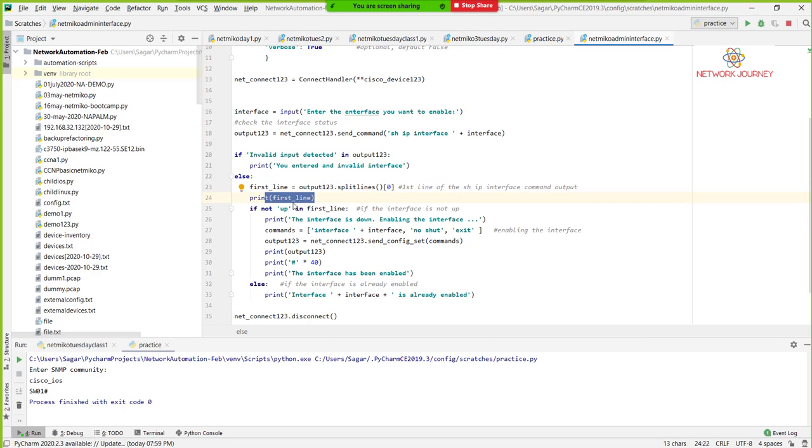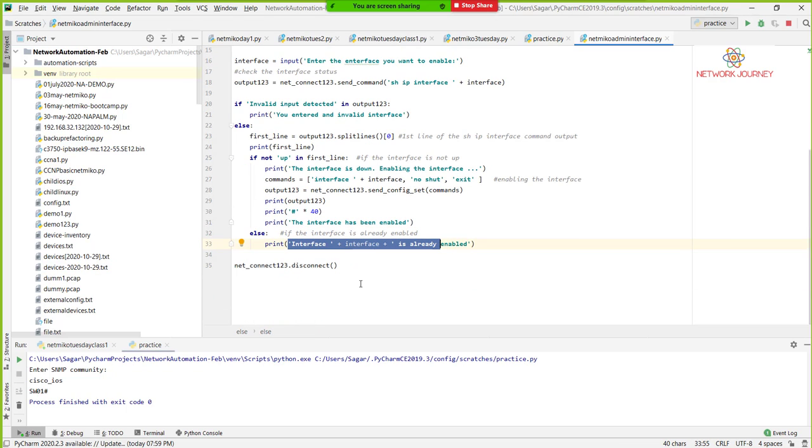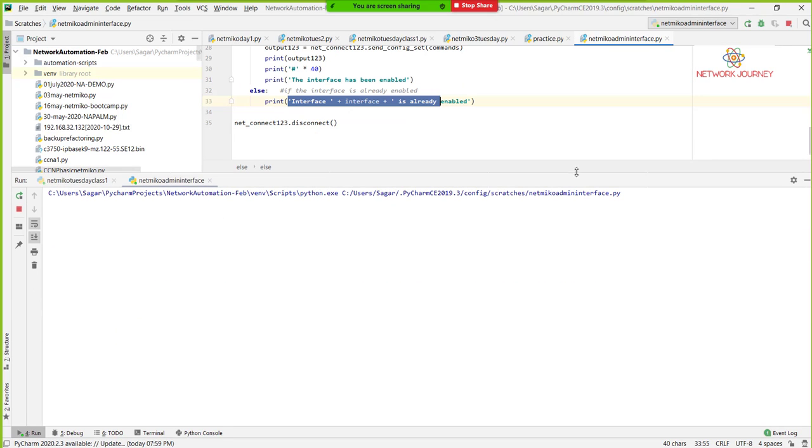We will print it up. If it is shown as not up, then we will do the following things. We will go to that interface, we will do no shutdown, and then we will print the output of that. Okay, that we have already enabled it. Let's say if the interface was already up, then we are going to say that the interface is already enabled and we will disconnect. So if I run this as of now,